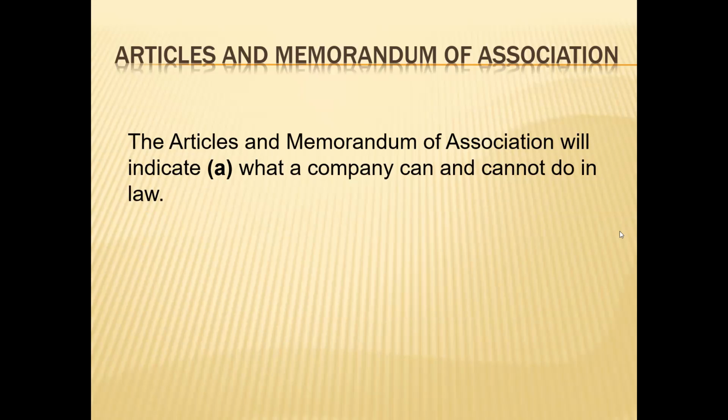Okay, so again, I want you to go to your books because I want you to do some things with the next section. It says, discuss the role of the borrowing resolution and other general company resolutions to a lender. And you see that paragraph, it says a borrowing resolution is required because the company is a separate legal entity. Everyone sees that? Yes, sir, I see it. Okay, so here is what I want you to do, because there are 5 components to this that are important. And so you'll see where it says the articles and memorandum of association will indicate A, what a company can and cannot do in law. So what you want to do is in your book,